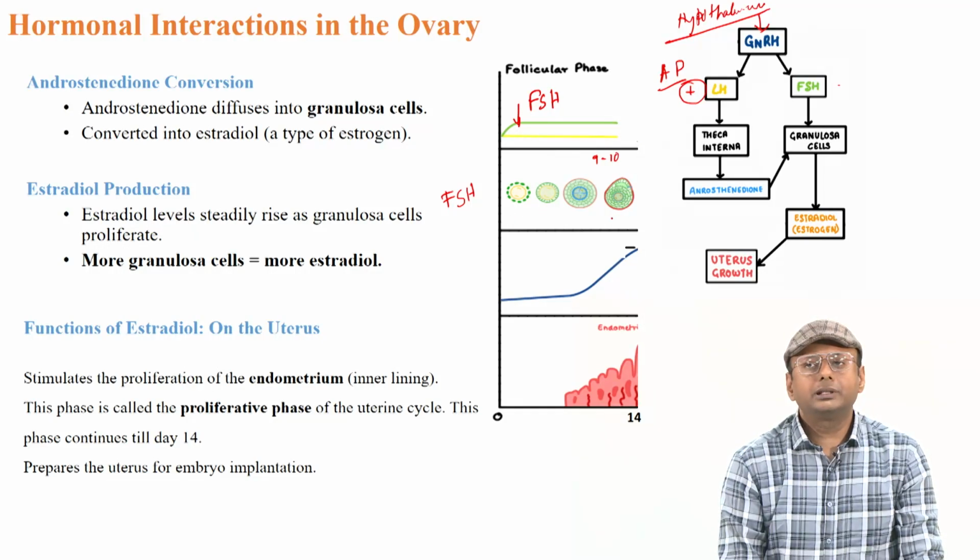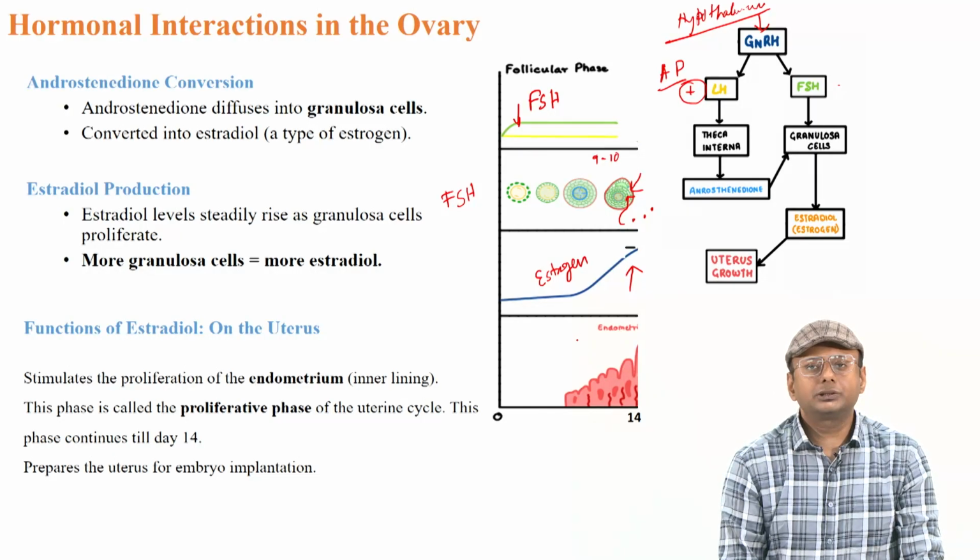And when there is a lot of granulosa cell formation, LH stimulates these theca interna cells. By stimulating the theca interna cells, it forms androstenedione. These androstenedione molecules further diffuse inside the granulosa cells, and they start to secrete the estradiol or estrogen. So basically this is the estrogen level. You can see that slowly with time, once the granulosa cells are getting thicker and more in number, the estrogen level is also going high.